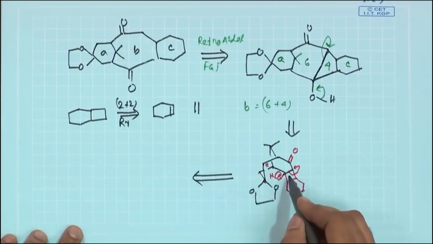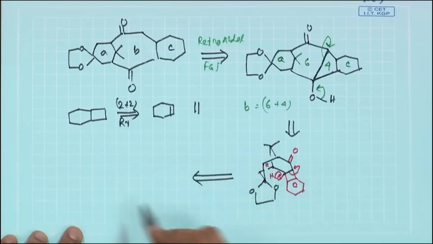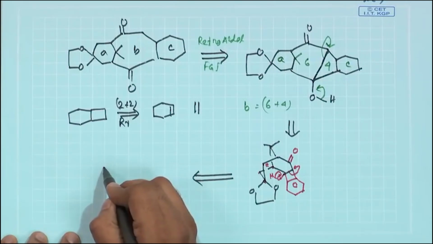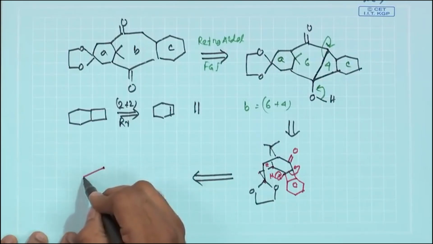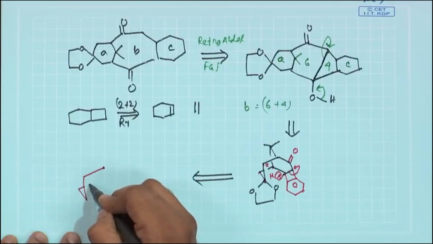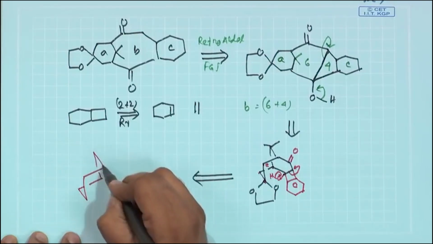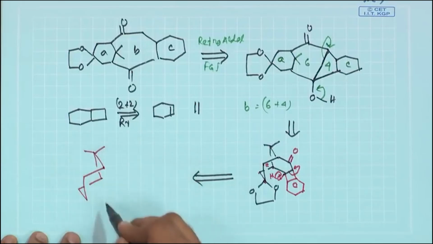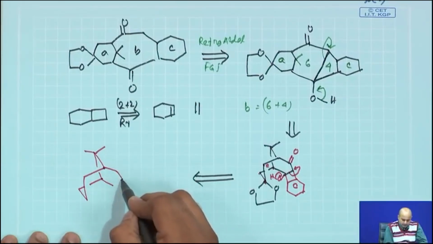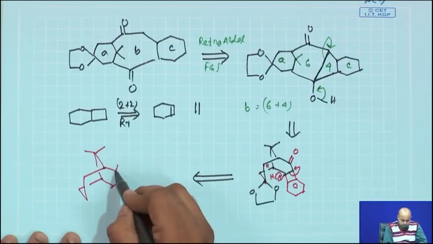Now, if you do this 2 plus 2 cycloaddition, you find how this retro will look. The structure is definitely complicated, but nevertheless it is a good exercise for you. You draw the structure a couple of times and then you find there is this kind of